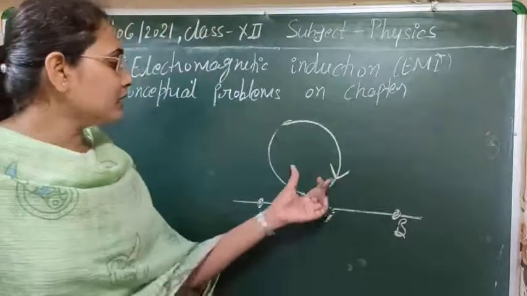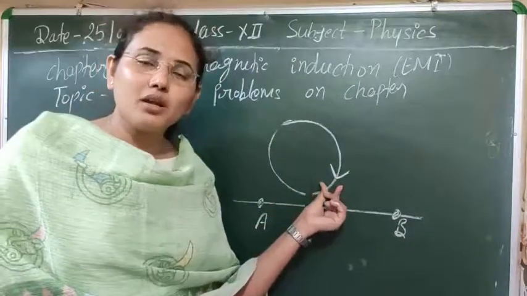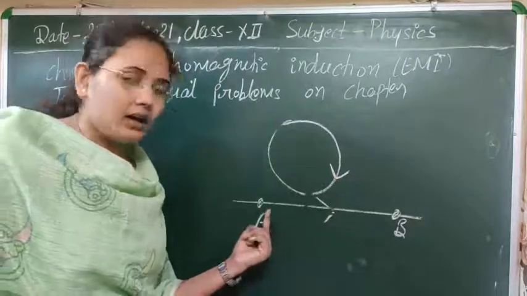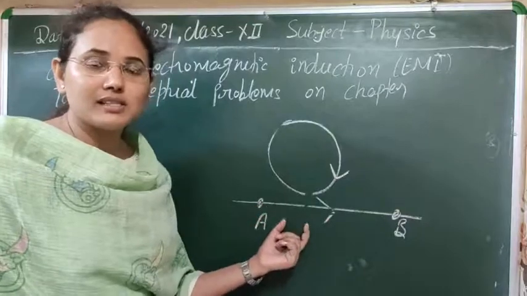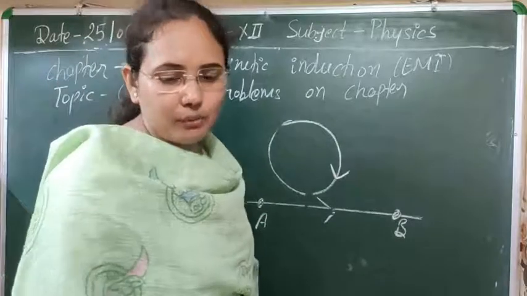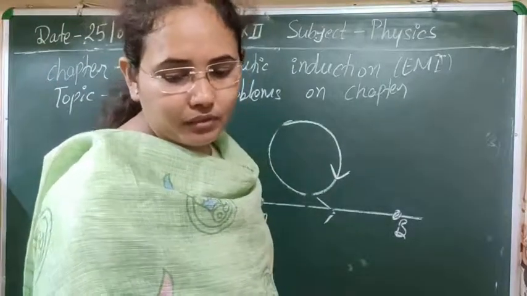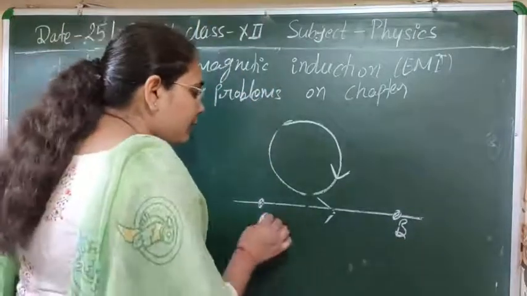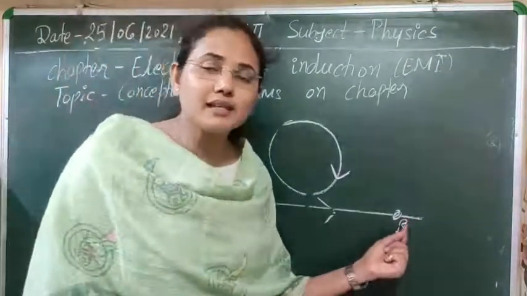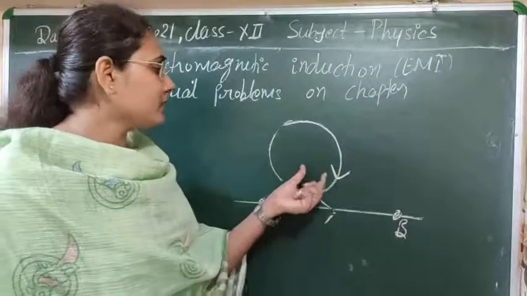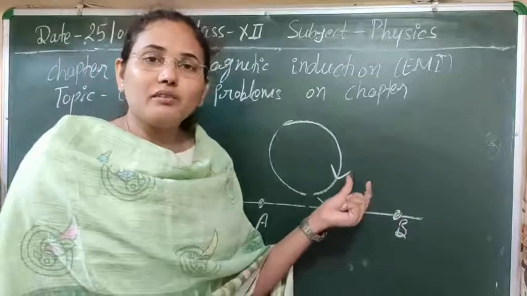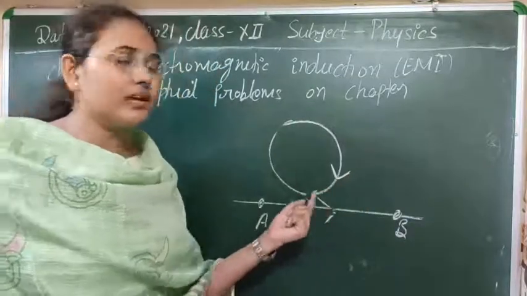So clear, I think: in the coil the direction of the current will be clockwise, because this clockwise direction will support, or increase, the flux that is already decreasing from B to A. Clear? In the same fashion, suppose it is given that the current from B to A is increasing now, whereas in the previous question it was decreasing. For that case we have seen that this EMF or current was supporting it to increase it, so it was moving clockwise.